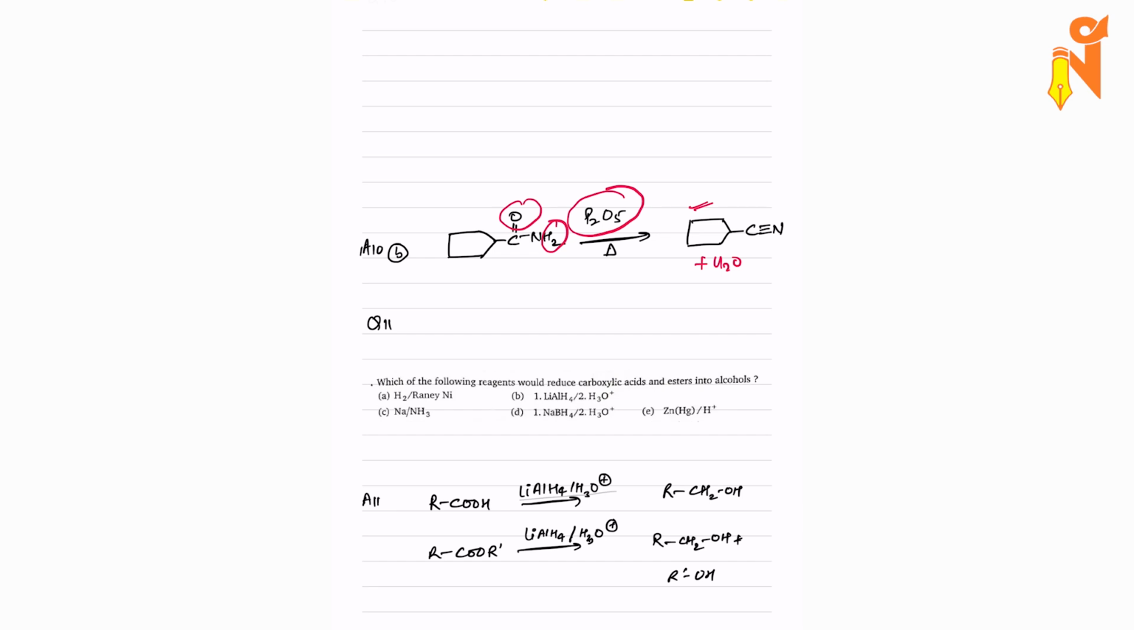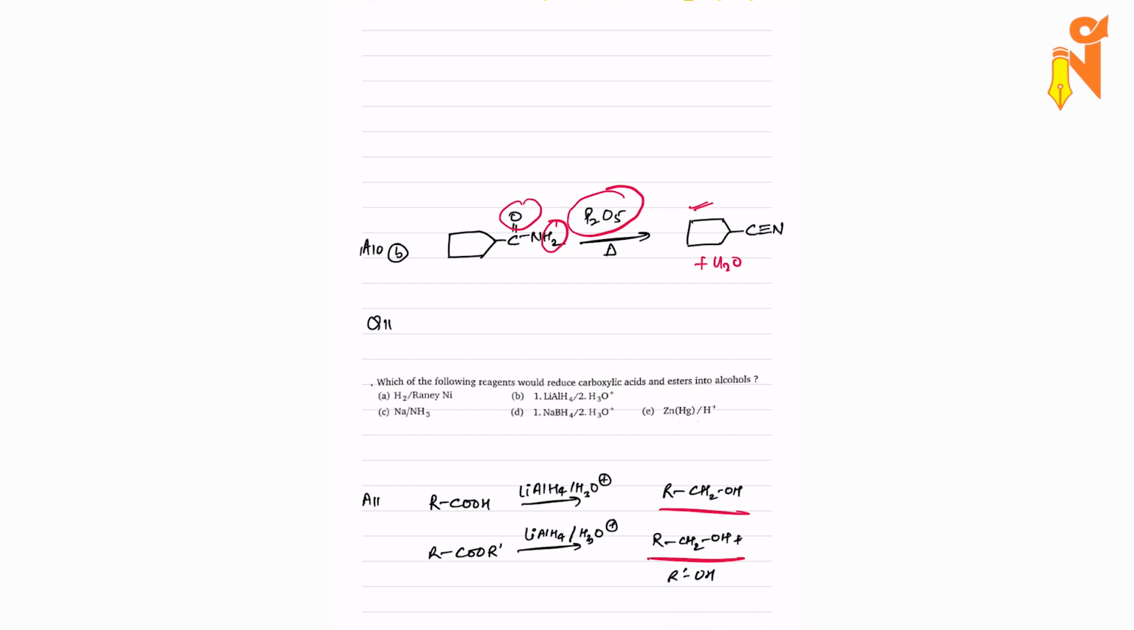In question number 11, which of the following reagents would reduce the carboxylic acid and esters into alcohol? So we have been given hydrogen with nickel, which will not be able to. So we need to know which particular one. This is more of an information-based reaction, where clearly LiAlH4 is the only strong reducing agent strong enough to reduce carboxylic acid and esters both. So your LiAlH4 will be able to reduce your carboxylic acid into alcohol and the ester also into the respective two